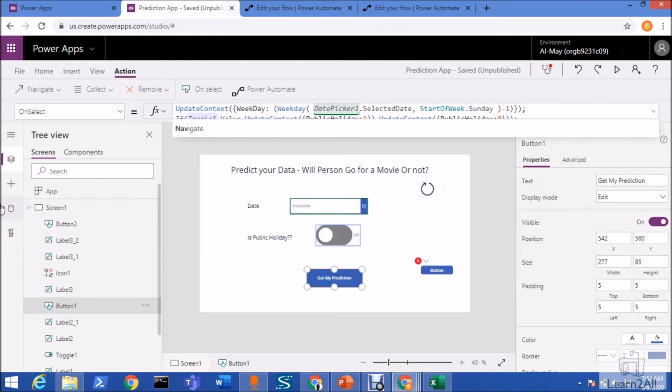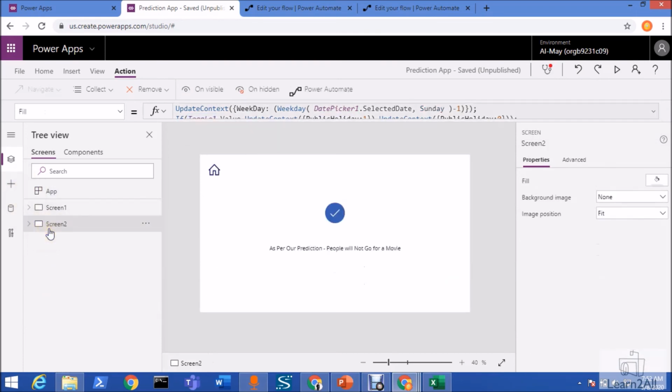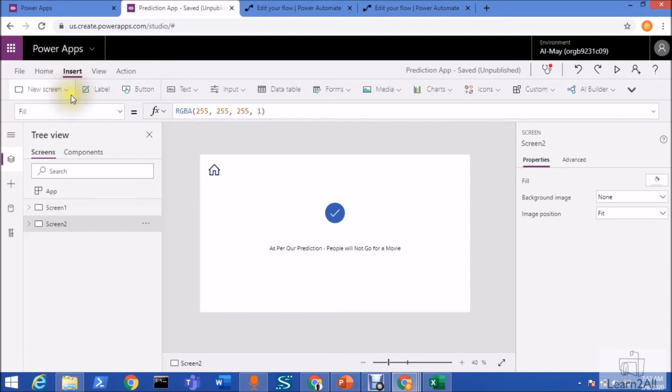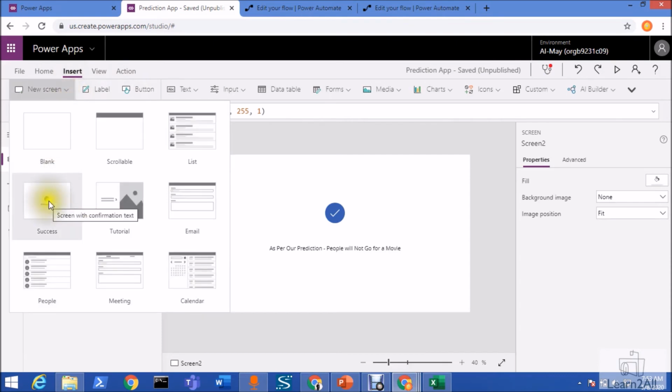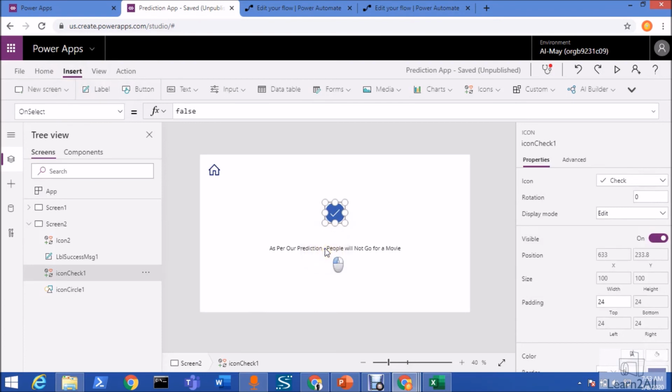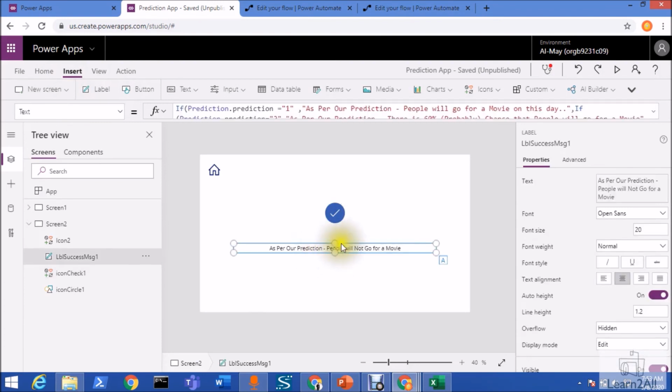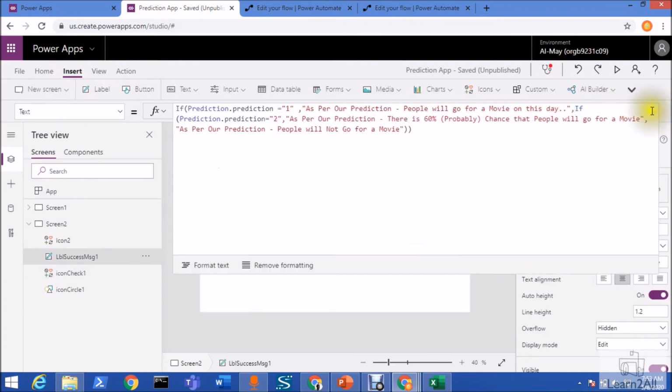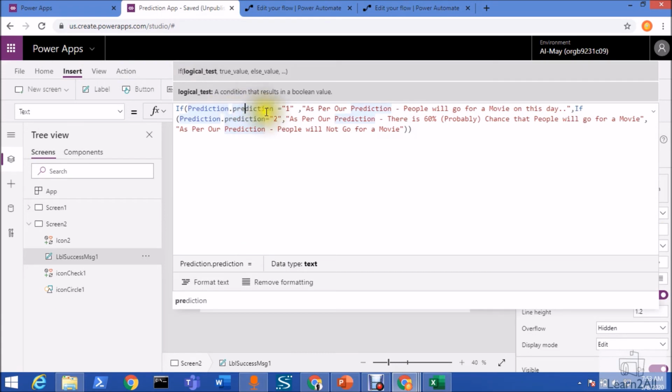Now let me show you the second screen. I added this second screen like this: insert screen, and I added the success screen over here. So this will automatically create this button and this text, but in the text I have defined: if prediction variable is equal to 1, then people will go for a movie on this day.